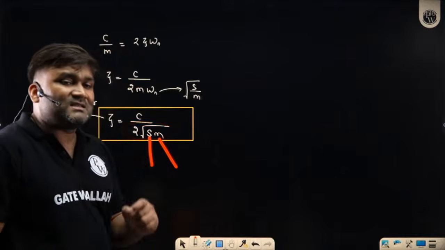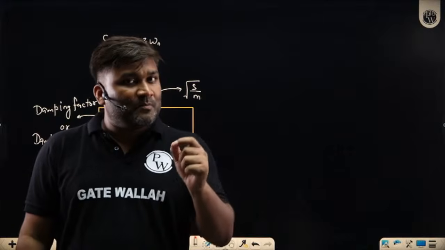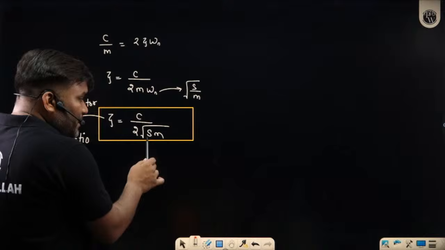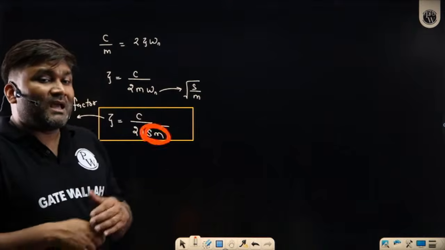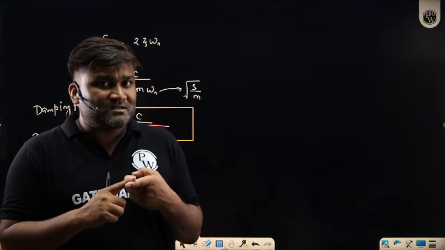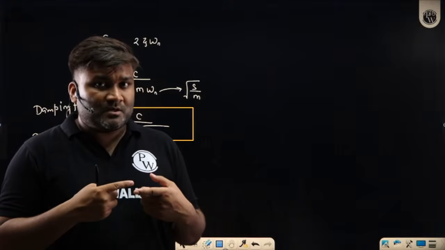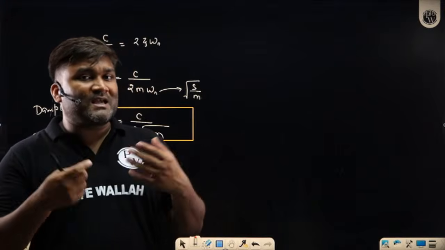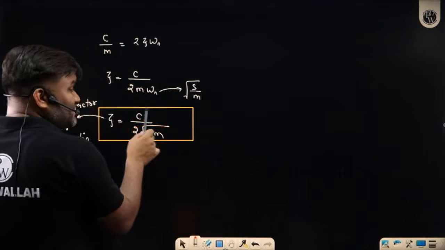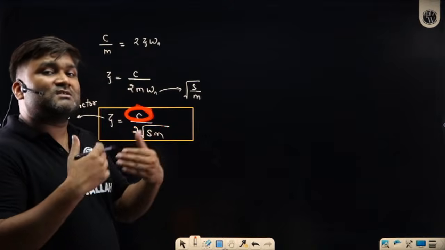Stiffness is representing the potential energy storing element. Mass is representing that element which is responsible for the kinetic energy. So whatever terms we are having in the denominator, these are the energy storing, energy absorbing terms. If stiffness is high, system is going to have high potential energy. Mass is heavy, so system is going to have high amount of kinetic energy. And what is this term? c, the friction term. This is representing the energy losses term.